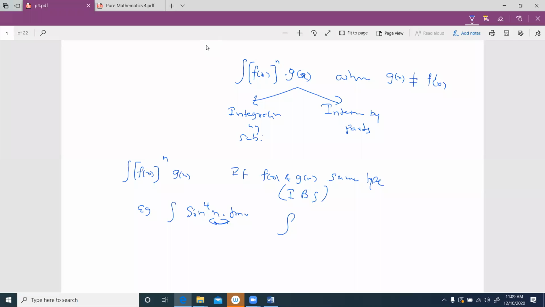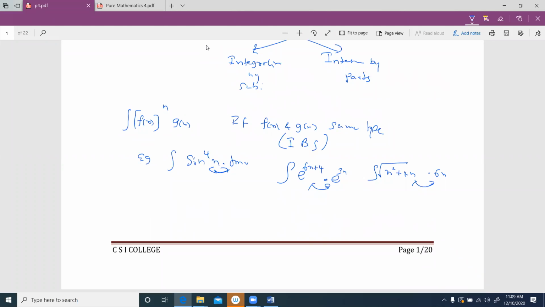For example, e to the power 6x plus 4 times e to the power 3x or something. So this is the same type, right? If it is like the square root of x squared plus 4x, times 6x, this is the same type. So in that situation, you can go by integration by substitution. But if these functions are not of the same type, f(x) to the power n and g(x), that is, f(x) and g(x) are not the same type,